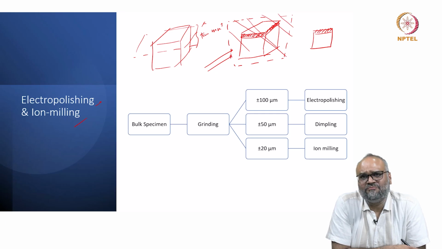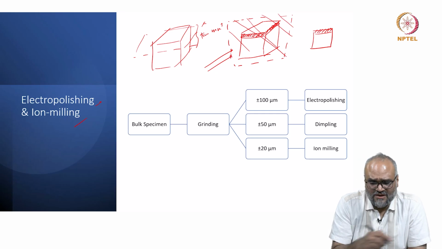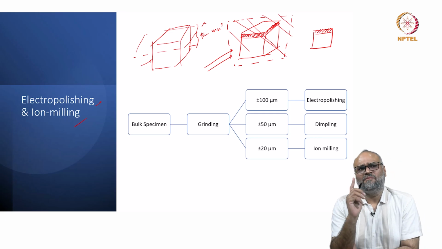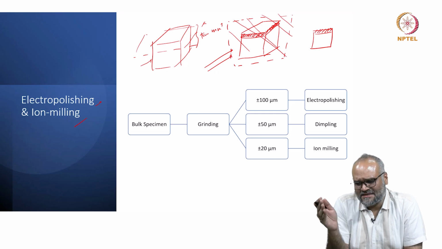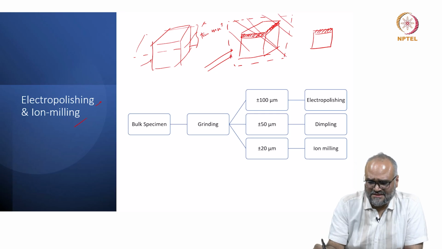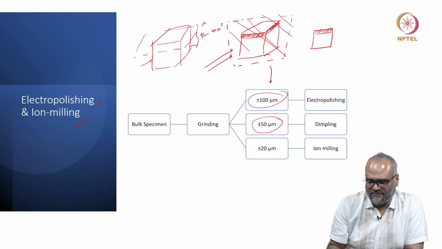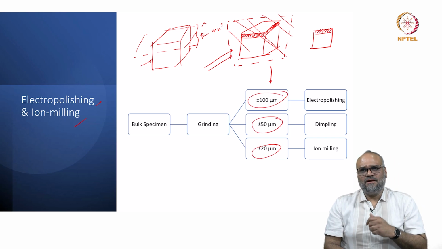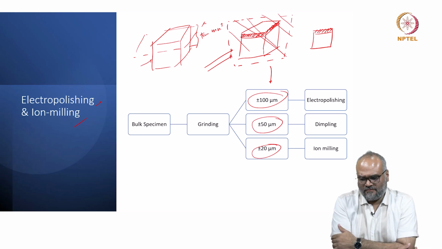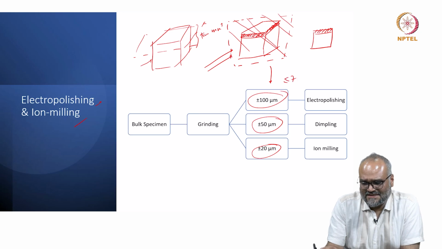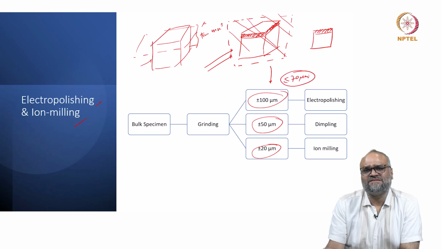If it is a metallic sample and you are not too concerned about any specific location or a region, you can always grind them, cut them, use the usual routes of metallographic specimen preparation, and the whole objective of this first step of sectioning or cutting or grinding or polishing is you reduce the thickness to a range of plus or minus 100, 50 or 20 microns. From 100 micron, or let us say in the best case scenario less than or equal to 70 micrometer specimen,